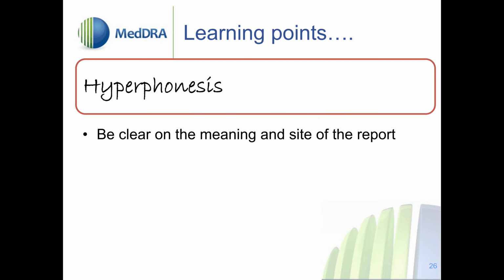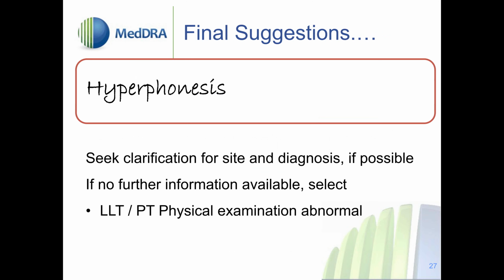But if we don't have any more information and we have to code it, we would code it to physical examination abnormal. It's not related to hearing, it's related to the sounds that are heard on either a percussion test from tapping with fingers or from use of stethoscopes around the chest. So physical examination abnormal is what we would code that one to,